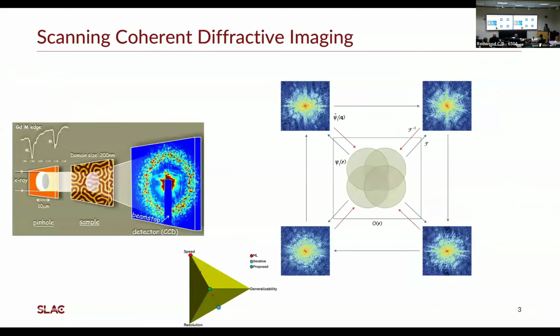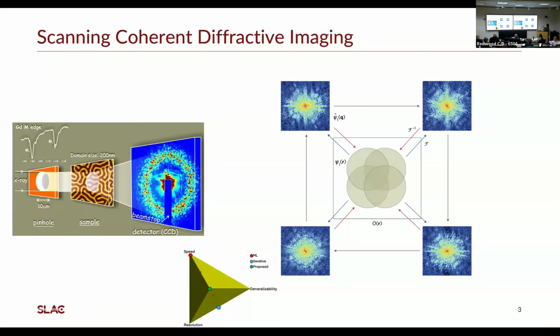So here's a typical setup. You have an extended sample, and what you want to image is a complex valued function of position that tells you how the amplitude and phase of a plane wave passing through your sample will change. And you move the beam to different positions on the sample, collect measurements of the diffracted intensity at each position. The diffracted intensity is just the amplitude of the wave field. So to get the full wave field in the sample plane, you need to solve what we call the phase problem. And that's helped along by